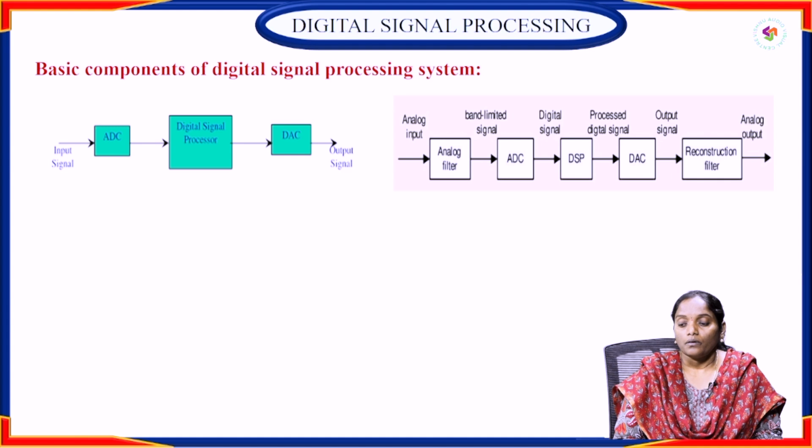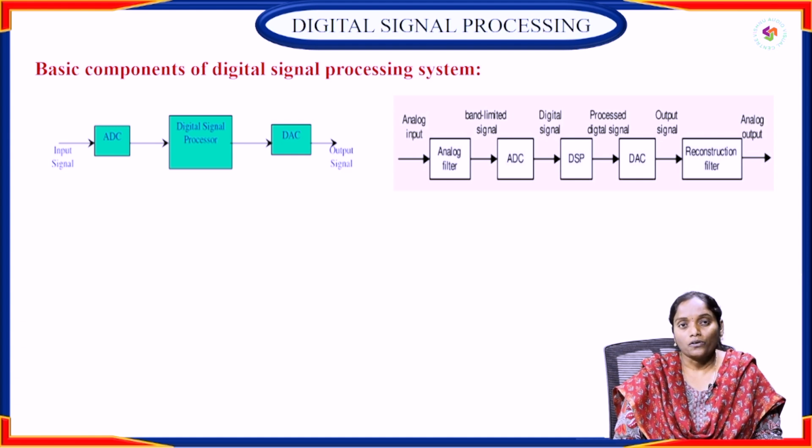Once the processing is over, I again want to display the signal in analog form, because in nature analog signals are easier for us to understand. So we use the digital to analog converter at the output of the digital signal processing block. The digital to analog converter converts your discrete signal into the analog signal. We are also aware of various types of digital to analog converters, like the weighted resistor method, the R to 2R ladder network and the inverted R to 2R ladder network.